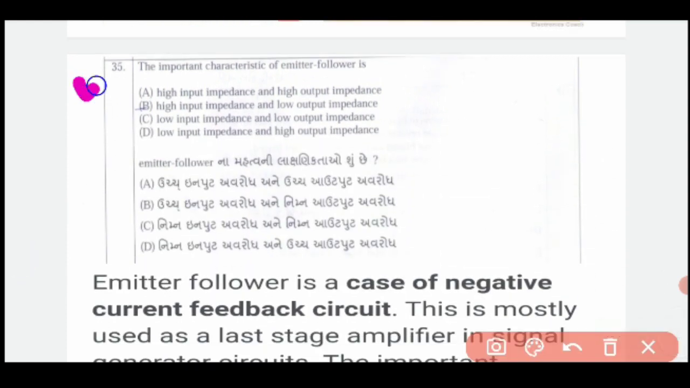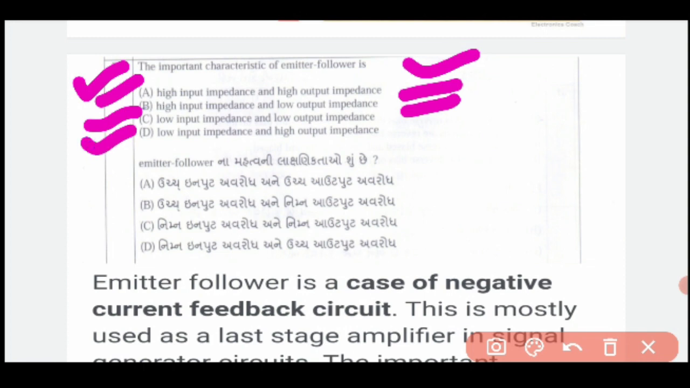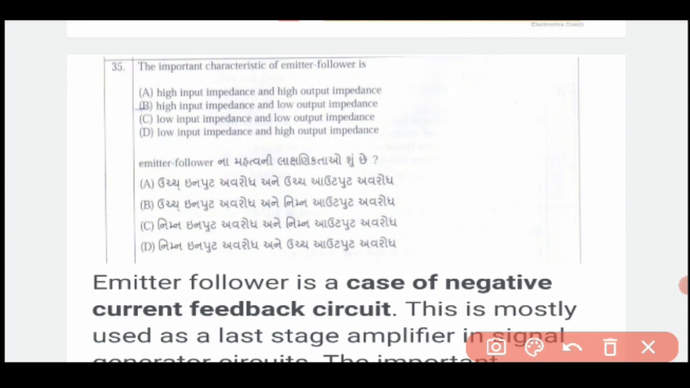Question number 35. An important characteristic of the emitter follower is: option A, high input impedance and low output impedance; option B, high input impedance and low output impedance; option C, high input impedance and low output impedance; option D, low input impedance and high output impedance. Then option B is right: high input impedance